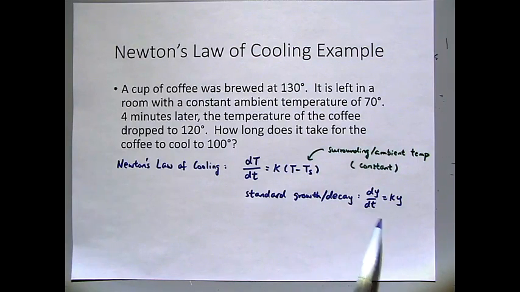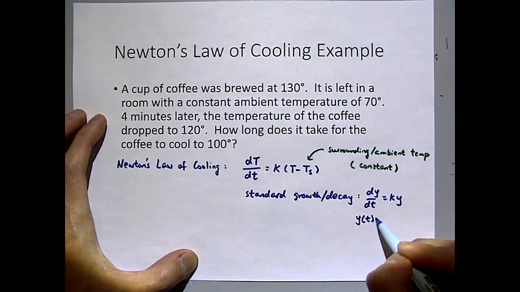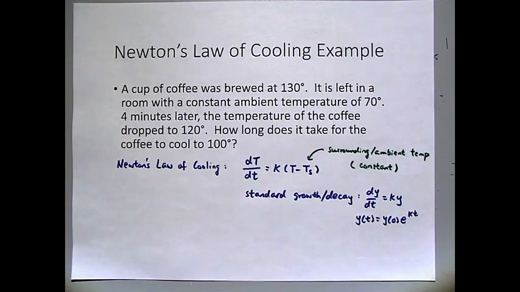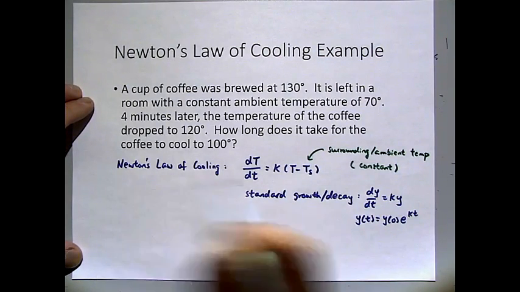Our goal: we know how to solve the second one, the standard equation. We know it's equivalent to y of t is equal to y of 0 e to the kt. Then we find k and then we solve our problem. We can turn the Newton equation into this one. So in the Newton equation,